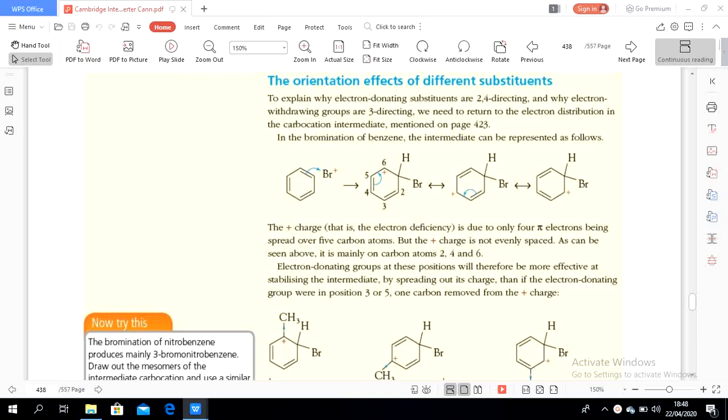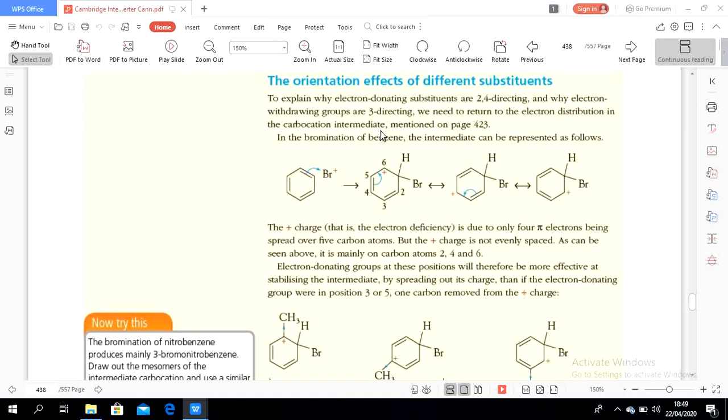Today we are going to learn about the orientation effects of different substituents. This theory is explaining the orientation effect. To explain why electron donating substituents are 2,4 directing and why electron withdrawing groups are 3 position directing, we need to return to the electron distribution in the carbocation intermediate mentioned in